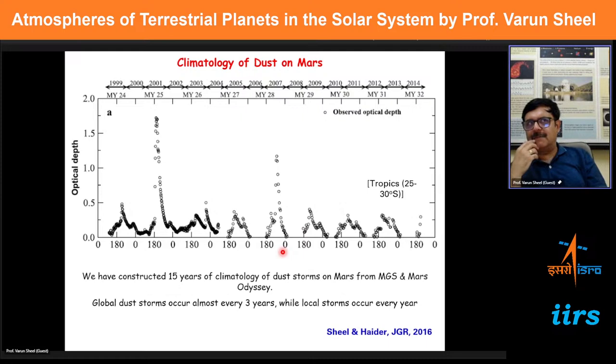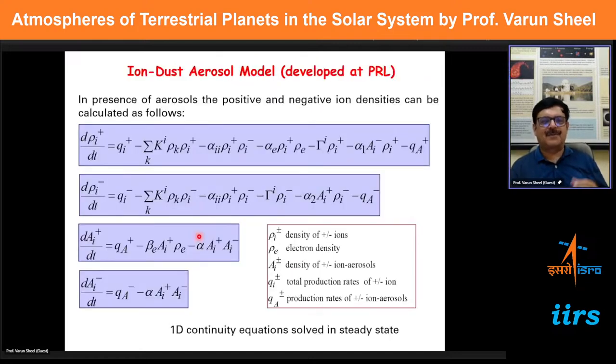But the fundamental question which we are trying to answer is why do these dust storms form? How do they form? And why is it that only in certain years they develop into global storms? But otherwise, almost every season you have regional dust storms on Mars, and you have something called dust devils, which I will come to. So all these phenomena, understanding that dynamics, how this occurs, these are still challenging problems.